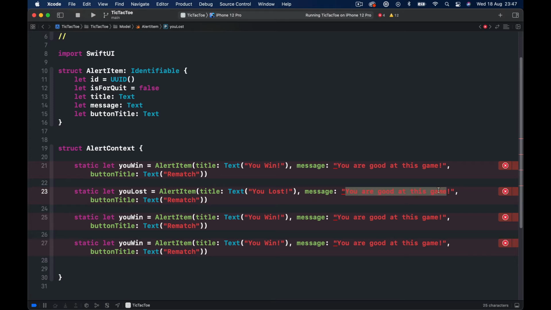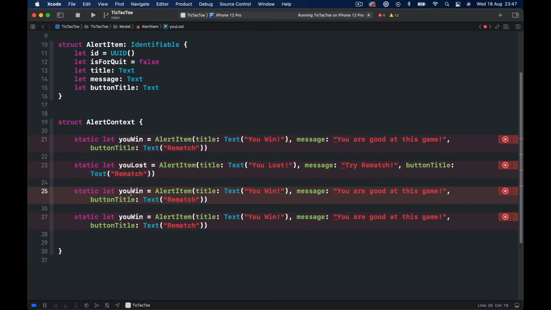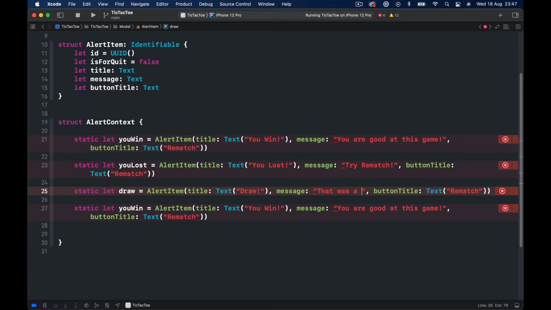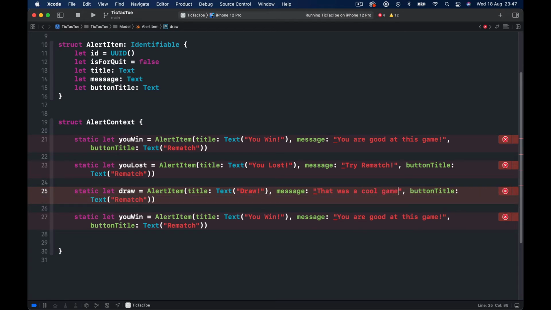Let's say try rematch, and we'll have the button title rematch, and this will be draw, and here we put just draw, and say that was a cool game, and the title as again is going to be rematch. And finally we have quit,